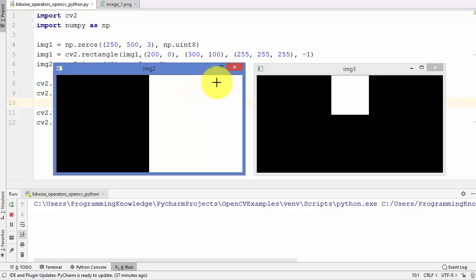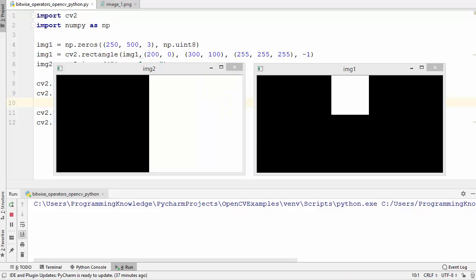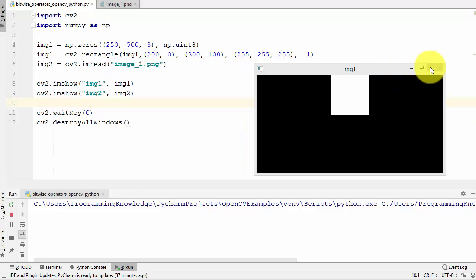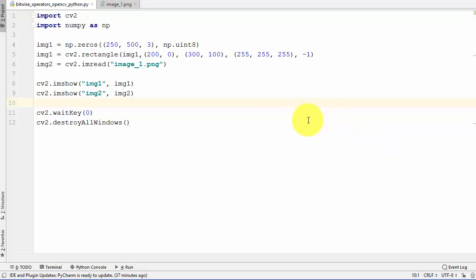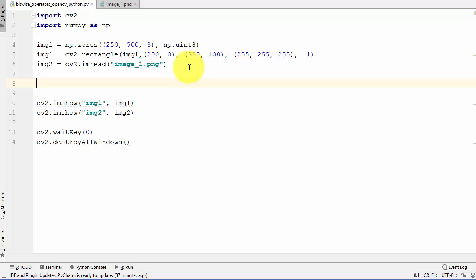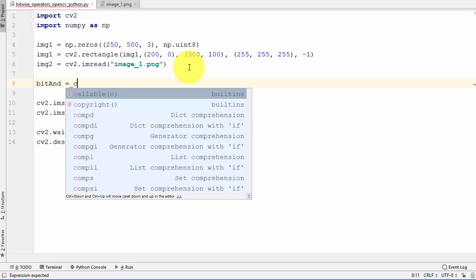Now we want to perform some bitwise operations on these two images. Let's see how we can perform these bitwise operations on these two images. To perform these bitwise operations, we have some methods inside the OpenCV library. The first method will be bitwise AND. I'm going to create a variable called bit_and, and the method inside OpenCV is